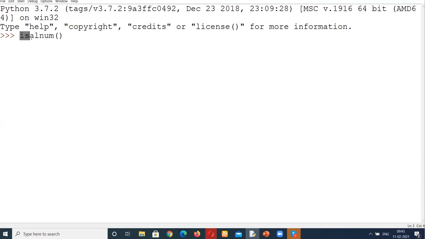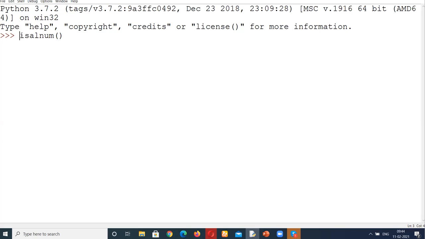Whenever we use "is" at the beginning of any function, it indicates that this function is going to give me an answer either as true or false, meaning a Boolean value. Okay. AL stands for alphabets and NUM stands for numbers, so basically we say alphanumeric. So isalnum is going to check whether a given string is alphanumeric or not.